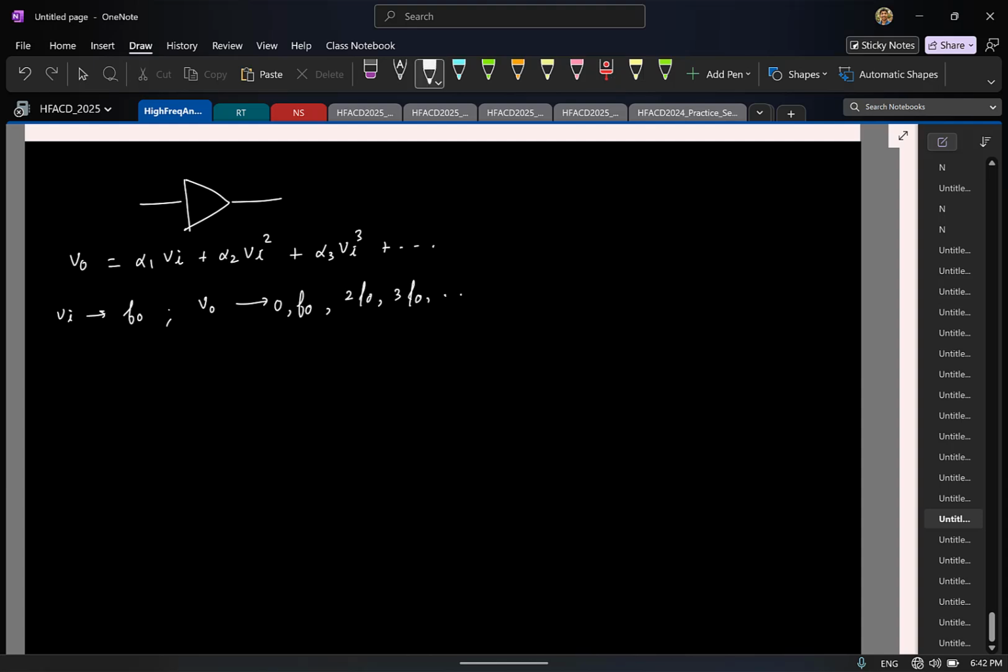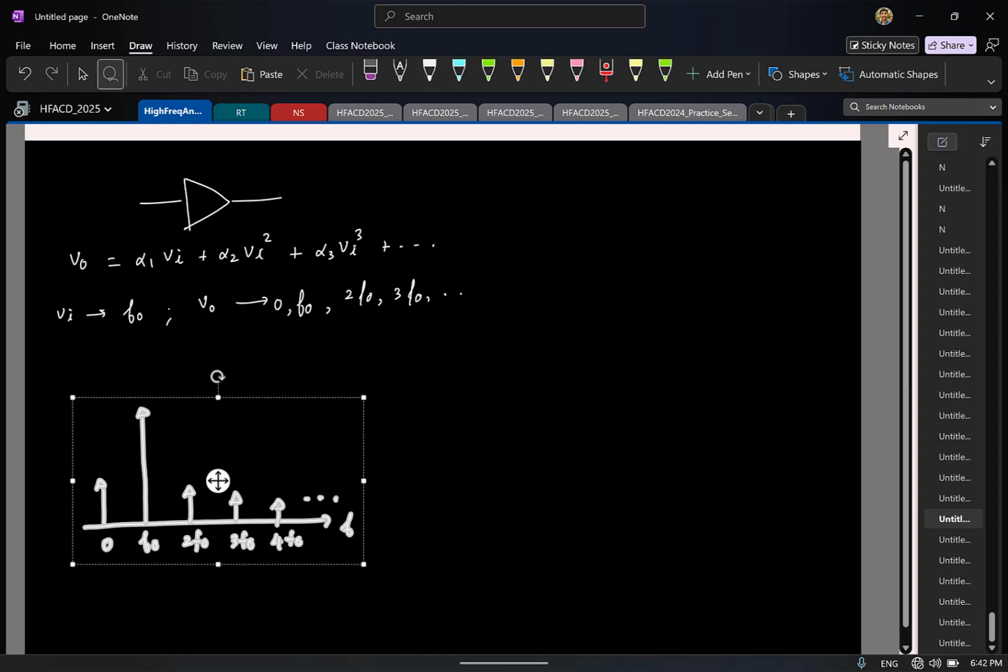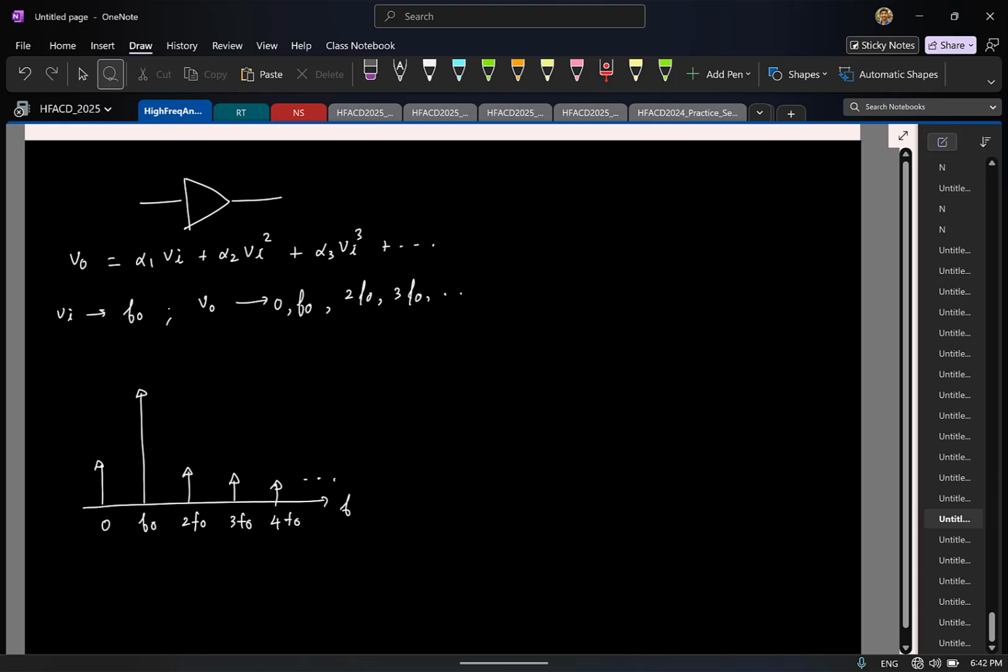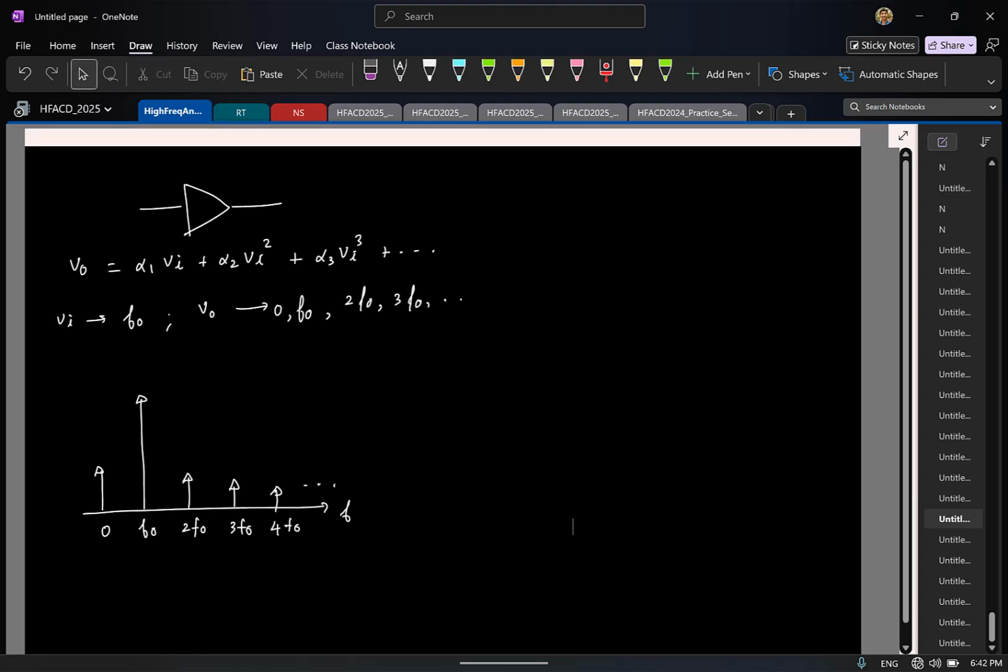So which means if I sketch the frequency spectrum, it roughly will look like this. You have the fundamental at f0. So you have some DC, some second harmonic, third, fourth, and so on. Cool. So now we at least know that if we have a nonlinear system, the spectrum is going to be corrupted like this. So now let us say I have two op amps,